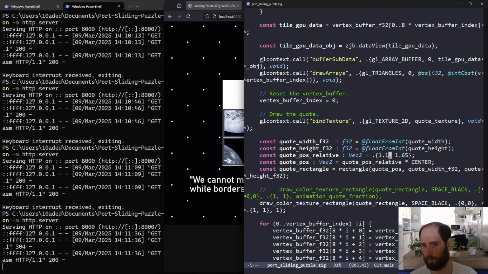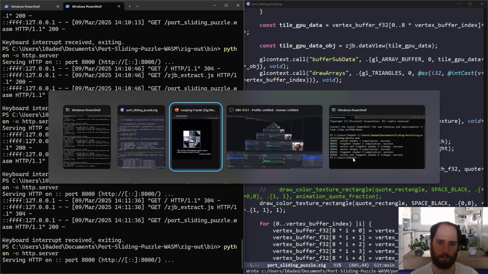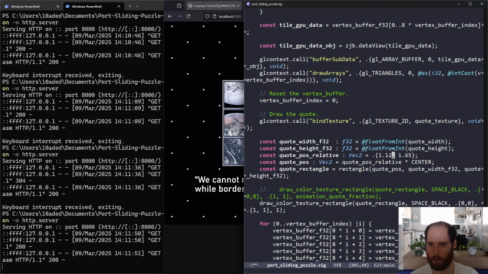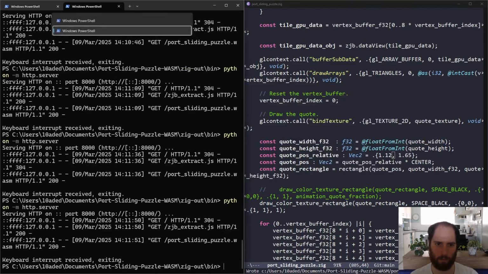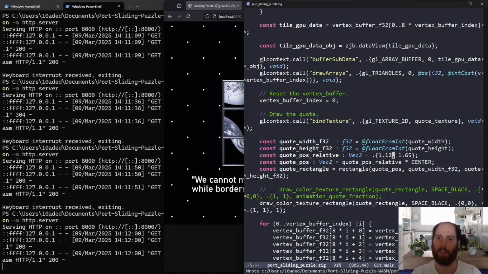1.15. No, that's a bit too much. 1.12. Yeah, that looks good. Okay. Wow, we're really porting this from scratch to the web, and we've almost done it. It's satisfying. Okay, so now we can replace